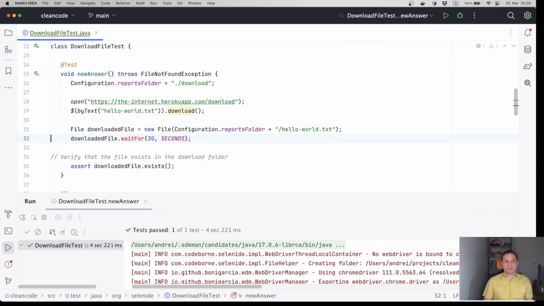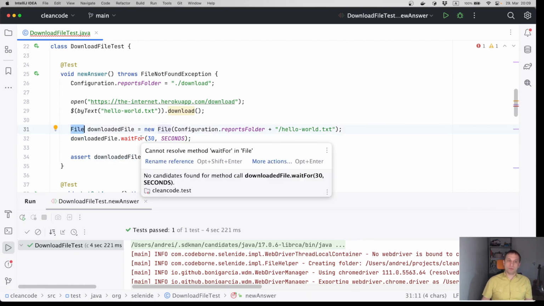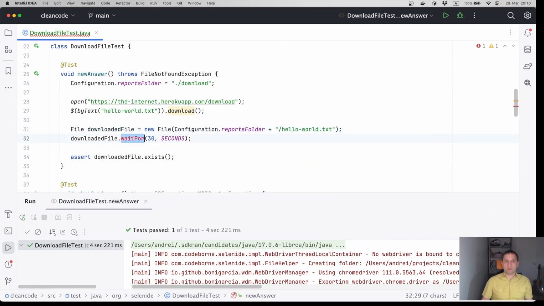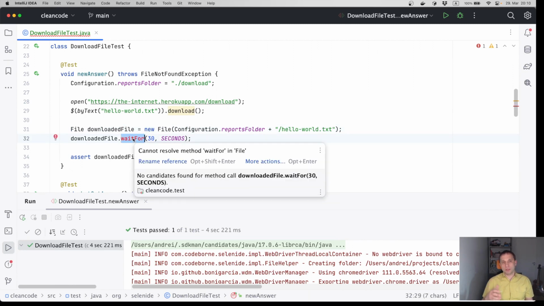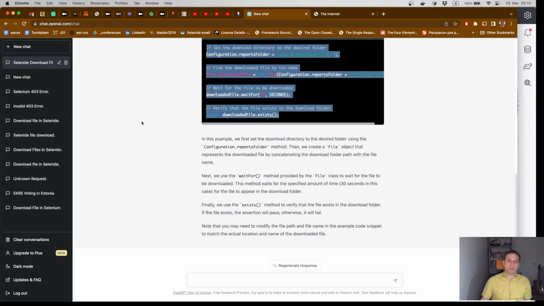That's a trick. Okay, and verify that the file exists. Well, probably, but this line does not compile. Java class File doesn't have waitFor method. That's a problem. This is a tricky part, how to wait until the download is fully completed. We did not get an answer.